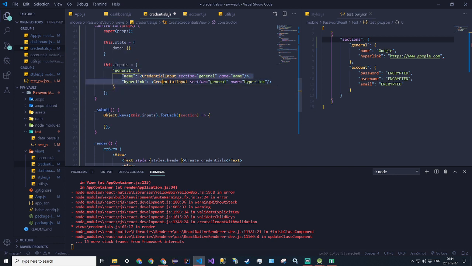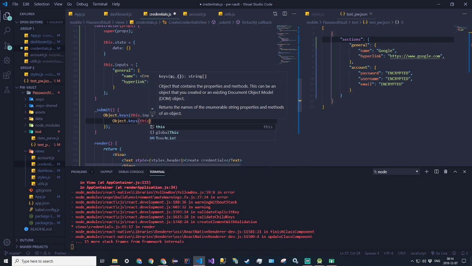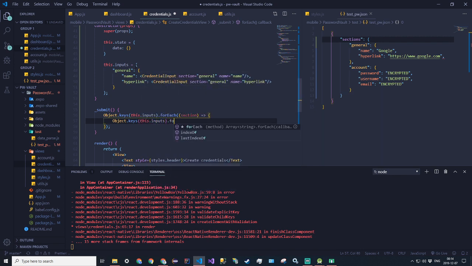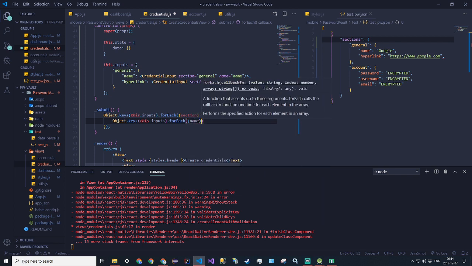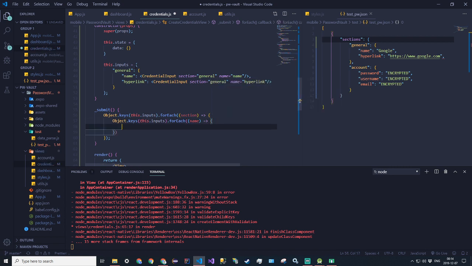This is one section, and another section will be the account stuff. So if we're in the general one, we want to iterate through the dictionary that the general points to. So Object.keys this.inputs forEach, and this time it'll be name. That'll be passed into a lambda expression,